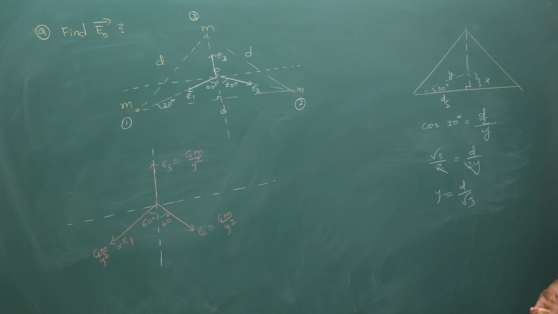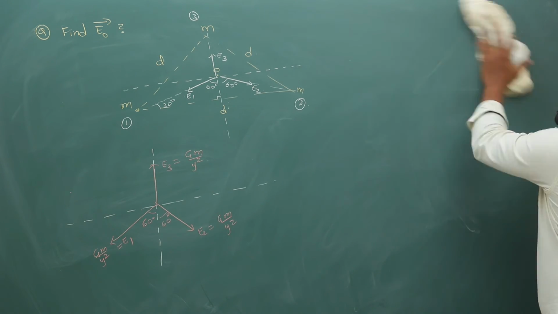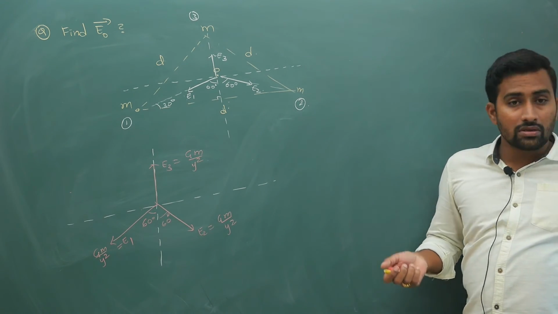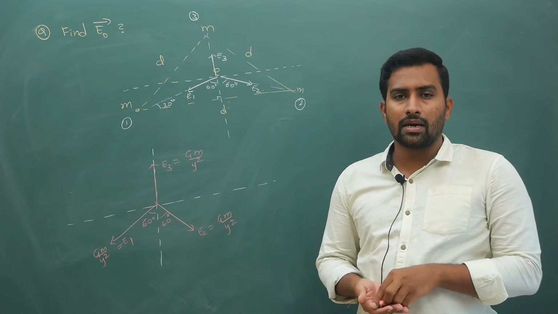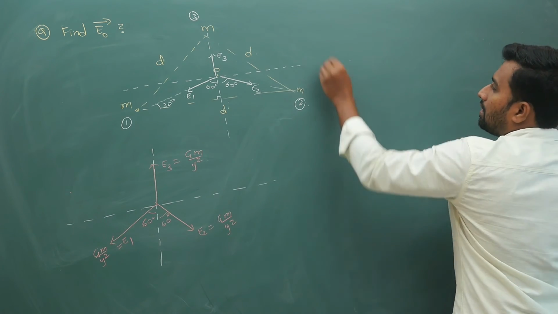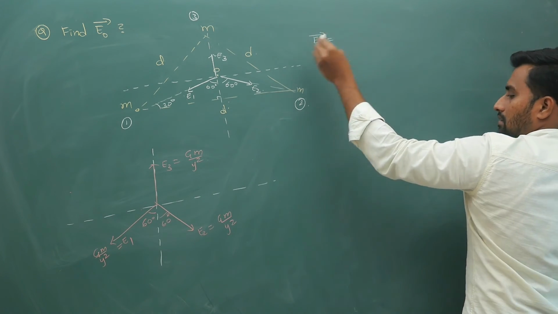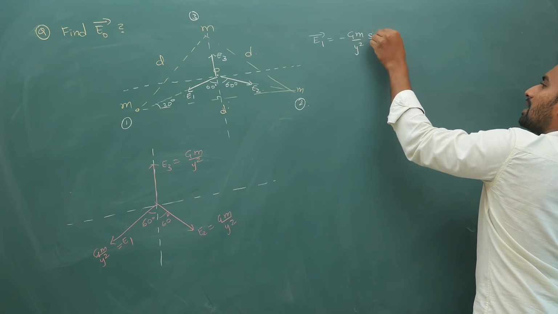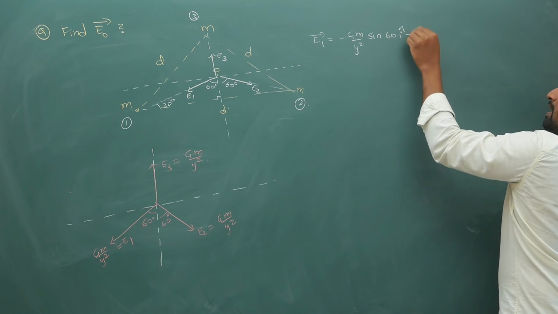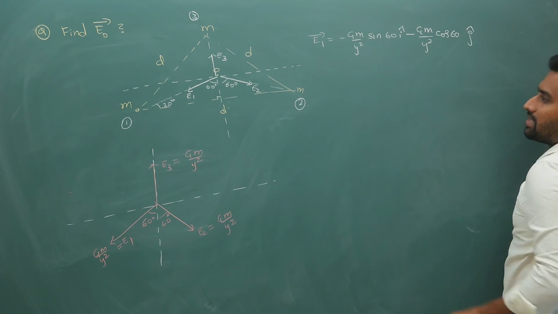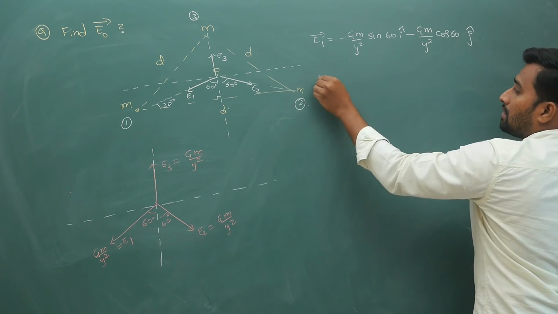Okay. Alright. Now next thing is, I have told you your field is a vector. So vectors you have to add vectorially. Parallelogram law is valid only for two vectors. If you have more than two vectors, you cannot add them using parallelogram law. It becomes difficult for you. So to simplify the values, here your E1 bar is in third quadrant. So minus Gm by y square sin 60 i cap minus Gm by y square cos 60 j cap. Okay, that is your first vector. It is in third quadrant, so negative x and negative y.